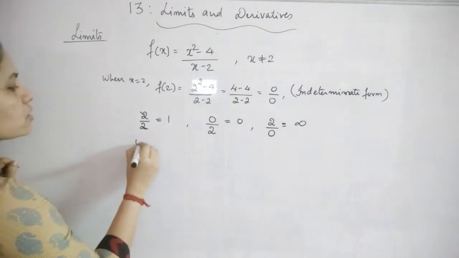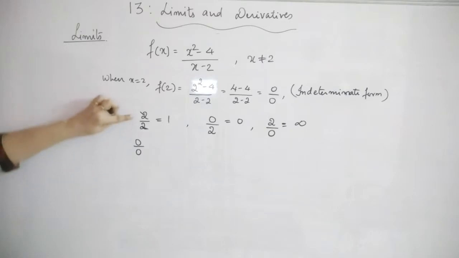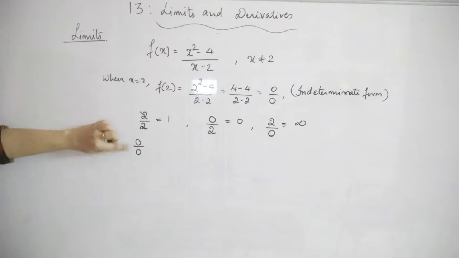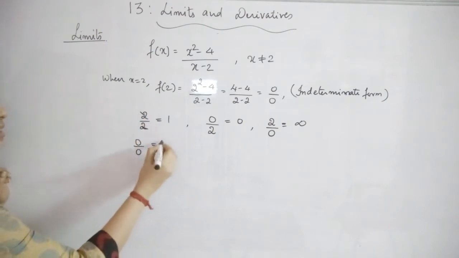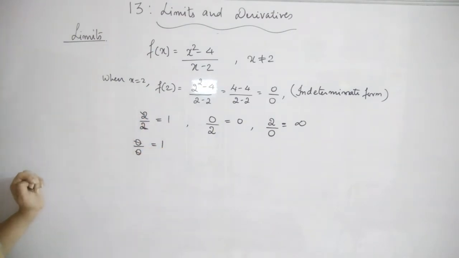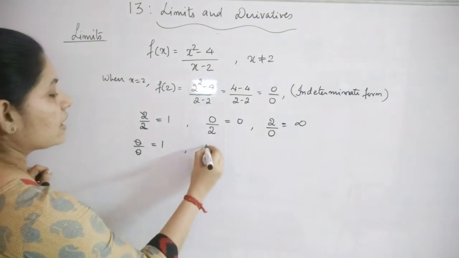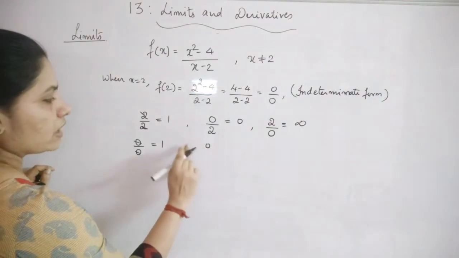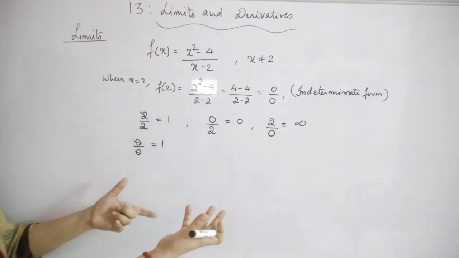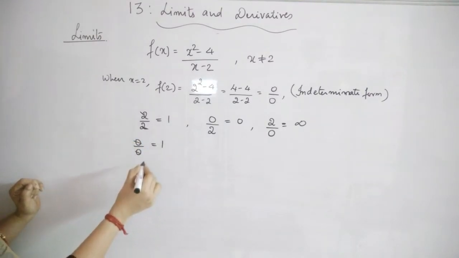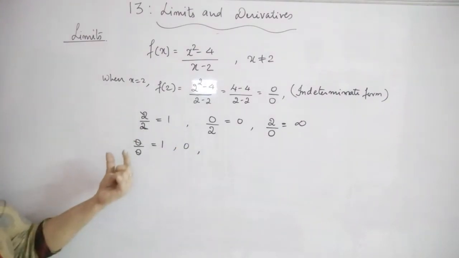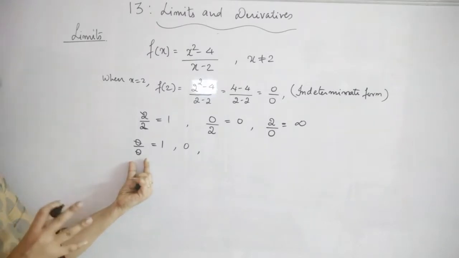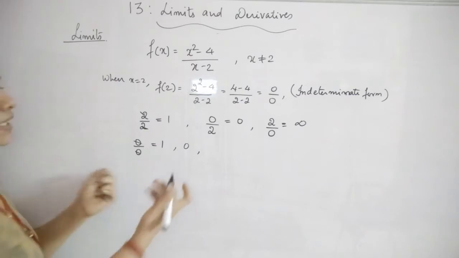Now what about 0 by 0? If I see this 0 by 0 as the numerator and denominator being in the same form, that is 0 and 0, then it's possible that we can cancel and write it as 1, because 0 and 0 both are equal. Now if I think that the numerator is 0, we need not see the denominator, I will get the answer to be 0. Now again, if I consider the denominator is 0, then anything divided by 0, you will get infinity.